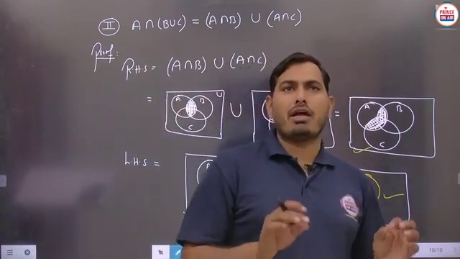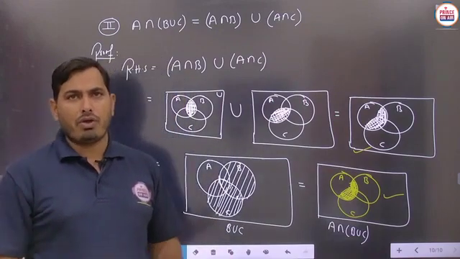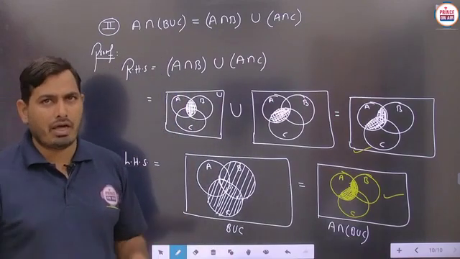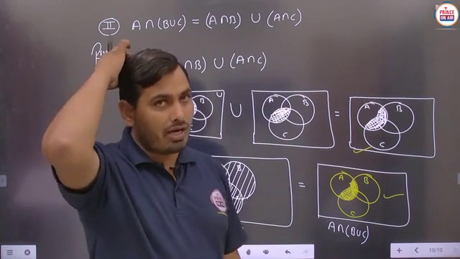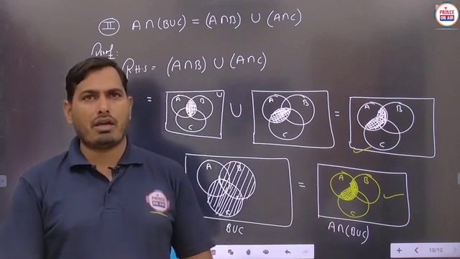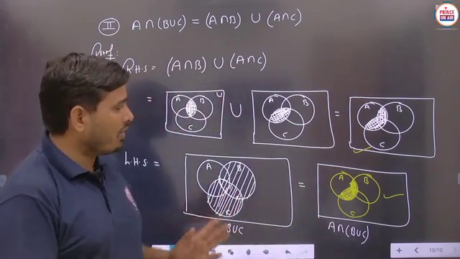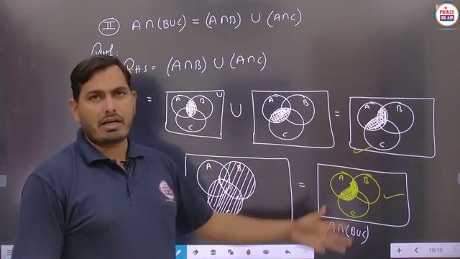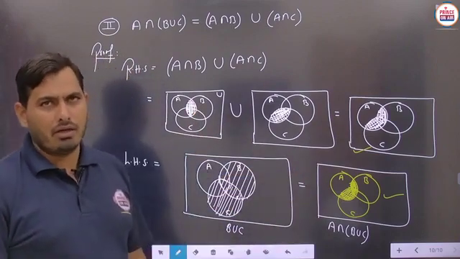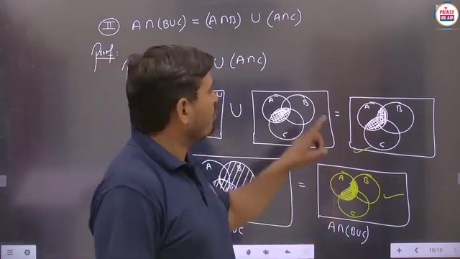So students, there are many questions in set theory where we have to see the proper use of Venn diagrams, and these are logical diagrams. As per the given expressions, you just make the Venn diagram and solve each and every part, so that definitely the left hand side and right hand side can be proved equal. Is it clear? So you can use the concept of Venn diagram in such types of proving expressions.